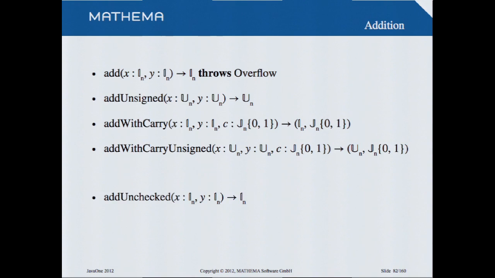And then sometimes you want to add signed and you want to document that this is a signed add, but you know that you won't have an overflow. You simply say add unchecked, and the same with an unsigned value. If you want to check if there's an unsigned overflow, then you can do it. So you see, it seems to be very problematic, but it's always the add function, and then you have additional properties of what the add will do for you.